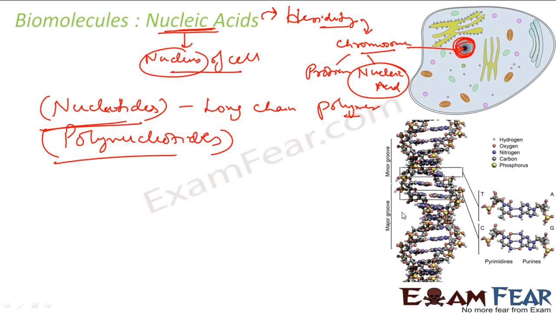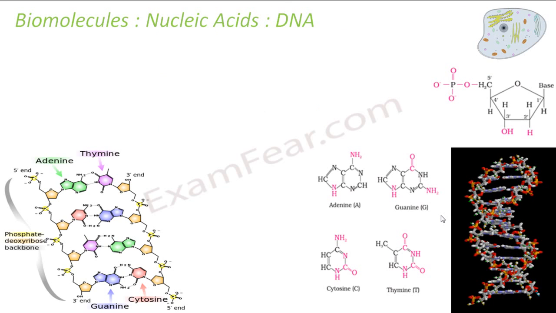Right? This is how DNA, a nucleic acid, looks like. See, this is pretty complex to understand. So what scientists said was, okay, let's break this into smaller parts and we'll understand, as we did for protein. Protein was a little complex to understand, so they broke protein into smaller parts and then we understood protein. Similarly we'll do for nucleic acids.